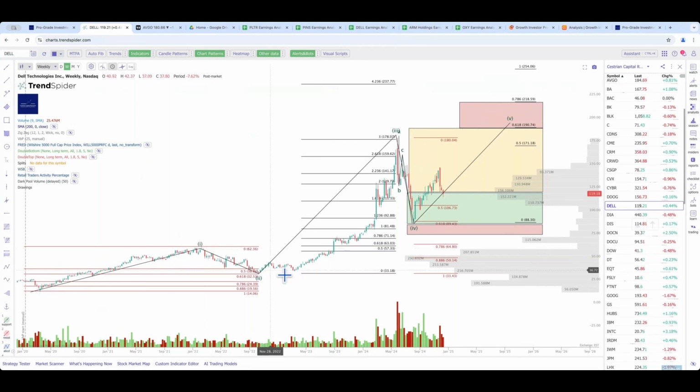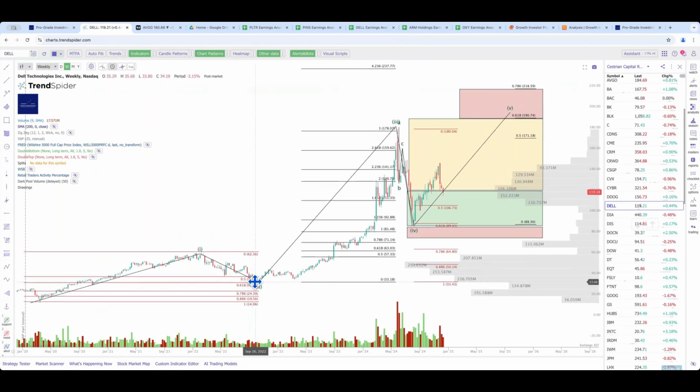Fairly shallow retrace for this sort of name, so 61.8 retrace. You saw that Adobe and Salesforce fell by 78.6% or more. DELL held at the 61.8, and it's a systems company. You would expect that to be less robust than a software company, but the stock held up so well. It's good. Huge wave 3 up here, 300% extension, which you hit in May this year. ABC correction for a wave 4 low. It looks to me like it's in a wave 5 up, which, if this pattern holds, can make a new high somewhere over 181 and maybe terminate somewhere in the 190 plus range would be my guess.